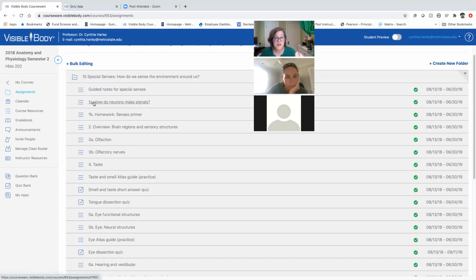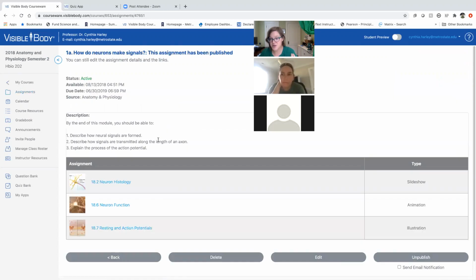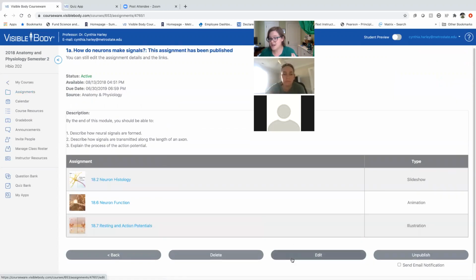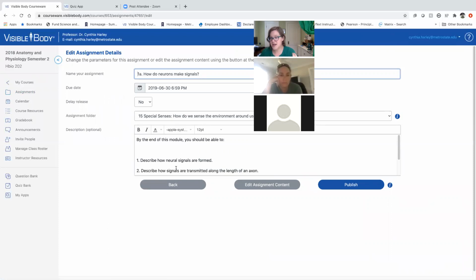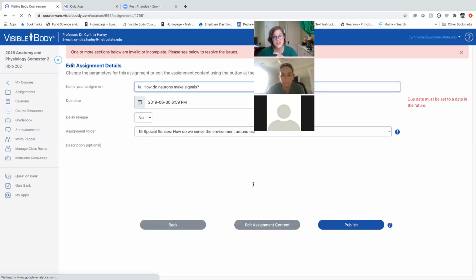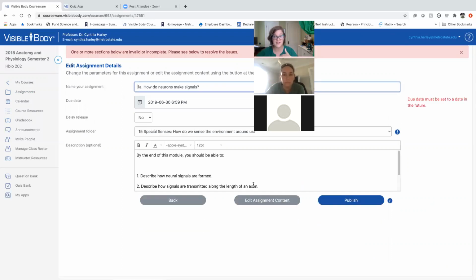So if I made a copy of this for this year, what I could do is you can literally click on any module, you can edit it. By editing it, you can change the text, or you can click this edit assignment content. That changes what is in that assignment. So maybe I don't want them to look at the same things. And